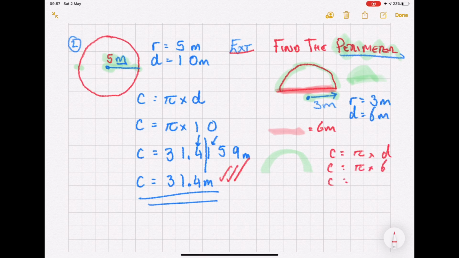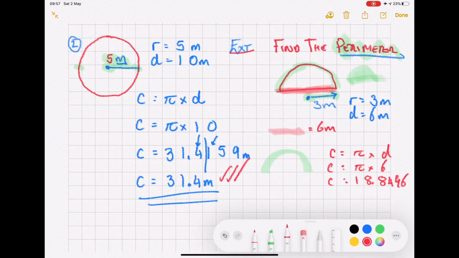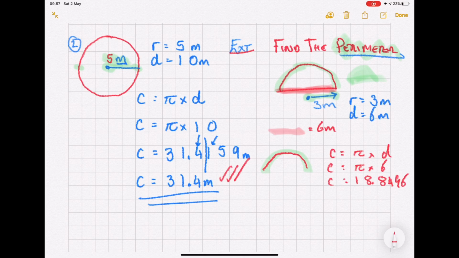C equals, let's type that in. So pi times by 6 gives us 18.8496. But remember, that is the length of the whole of the outside, whereas we only want half that. So if we half that, we'll find out the length of this section there. And if we do half it, divide that by 2, we get this length to equal 9.425,